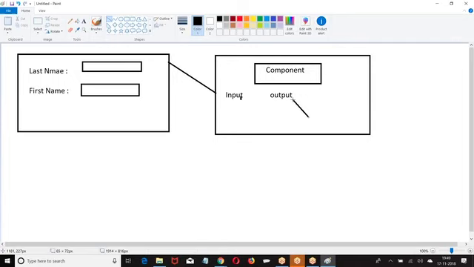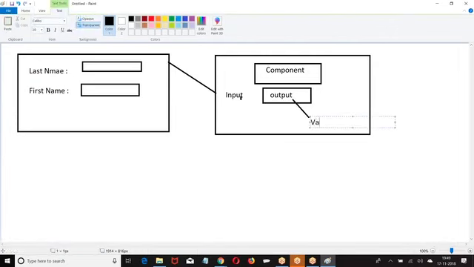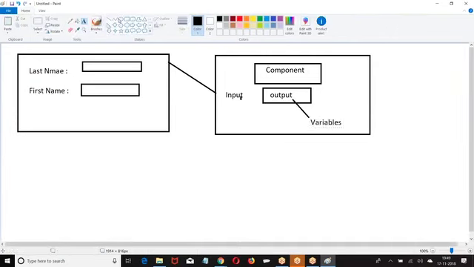The moment I give the input to the component, automatically the component will be called. When the component is called, the invoke method is called, and it can perform some logic and manipulate the value. That output we have here. Whatever output the component is giving you, I am storing in variables. Using these variables, the rest of the flow will continue.